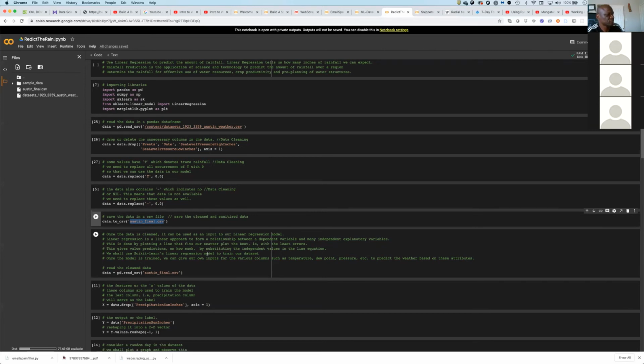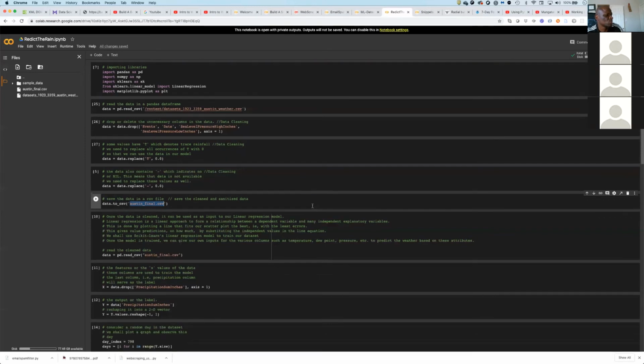This gives a value prediction by substituting the independent values in the linear equation. We shall use the Scikit library, which is sklearn, and its linear regression model to train our data set. Once the model is trained, we can give our own inputs for the various columns, such as temperature, dew point, pressure, and all that,